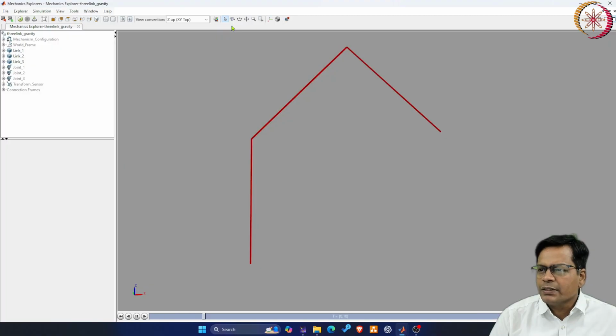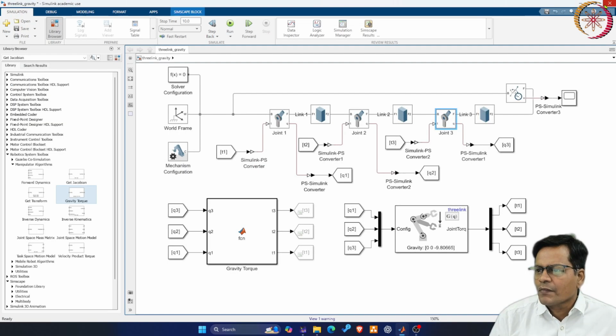You see, it is like this, and it is again stable. It is not falling on its own because you are providing it with the gravitational torque which is necessary to maintain this pose. That is known as gravity compensation torque, and it is being applied here. So that becomes my model. I will put it back to some value and that should remain as it is. This way you can try out different angles and see if it runs. This is the meaning of gravity compensation torque.